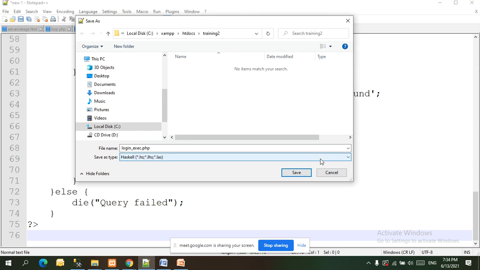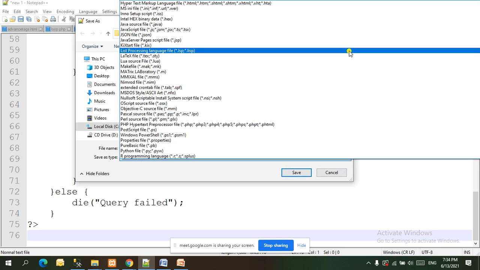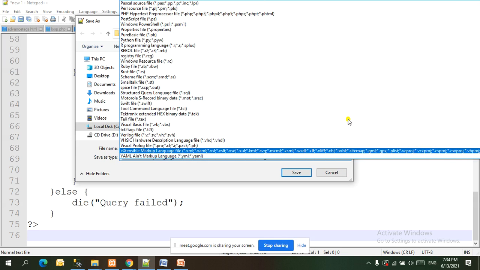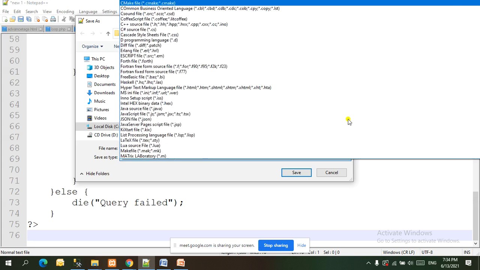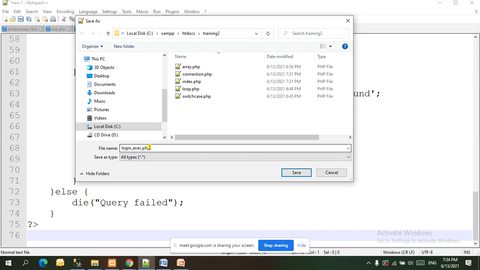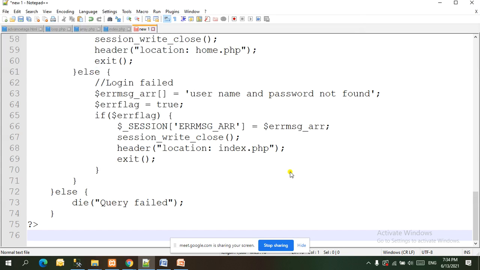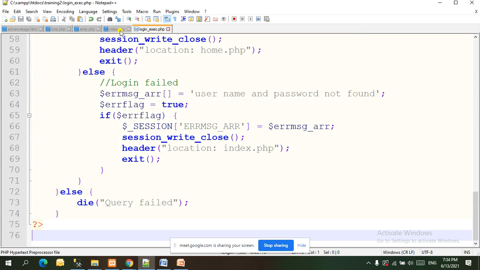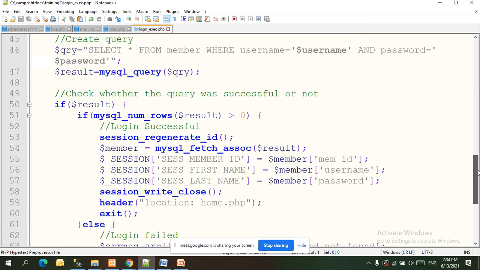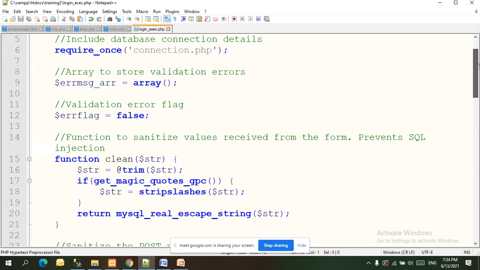Or here let it be all types of files, and the extension will be given at the top. So we can save this. Fine. And now once we save this, see, now Notepad++ is able to understand PHP, and the PHP code is in a different color and the other code is in a different color. Fine. So now this also we can do.